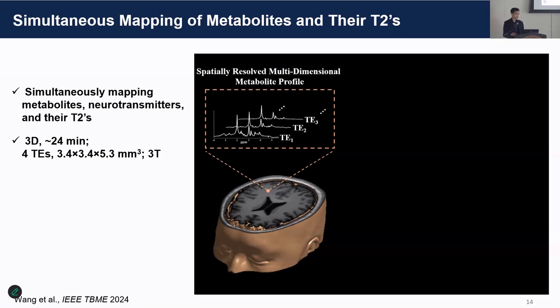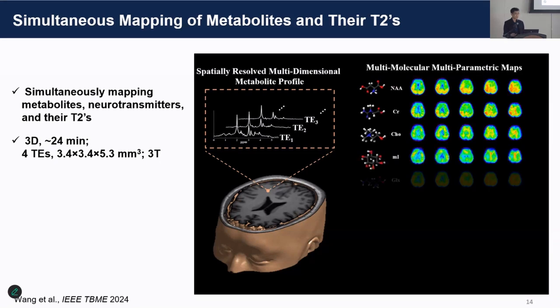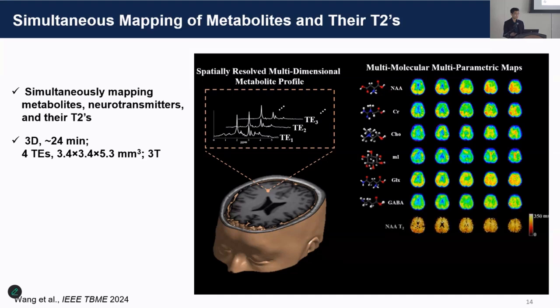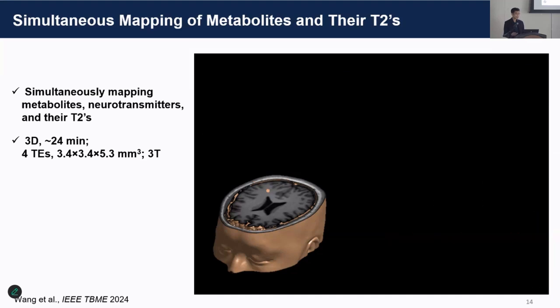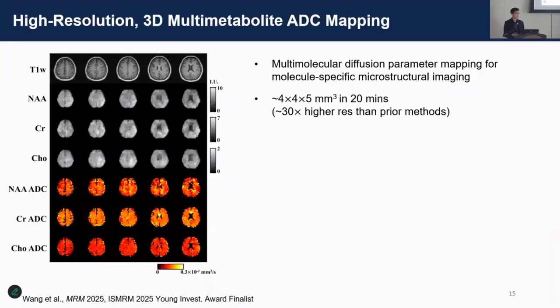In this case, we are achieving, in a single scan, simultaneous mapping of a number of metabolites in the brain, as well as a couple of neurotransmitters and their relaxation parameters, in clinically feasible time and millimeter resolution. And you can combine diffusion encoding with MRSI, achieving this high-resolution multi-metabolite diffusion coefficient mapping, with more than an order of magnitude higher resolution than any of the methods out there in terms of diffusion-weighted spectroscopy in clinically